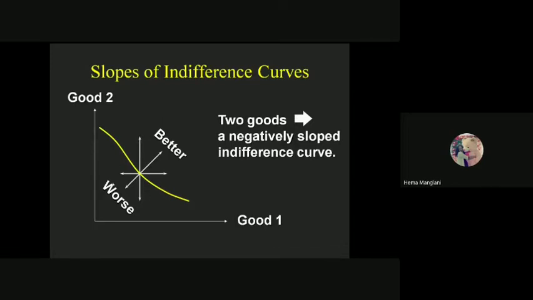Now, as we studied in our previous lecture, the better goods are always on this side and the worse goods are always on this side. But whenever a bad is also included in your commodities, then the better and worse direction would change. We'll come to that. With two goods, the negatively sloped indifference curve would be like this. So everywhere above, the indifference curve gives you a better utility bundle, and below, it gives you the worse utility bundle.